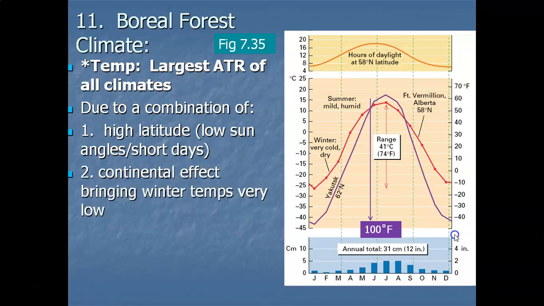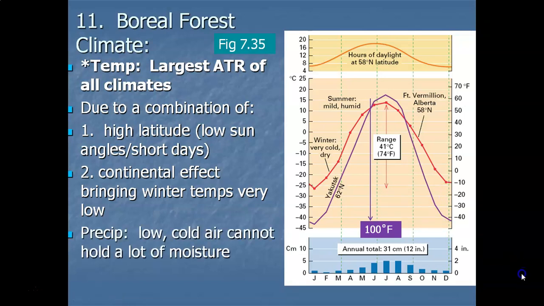Then on top of the high latitude location, we are where the continental effect is going to be at its largest. The continents are at their widest at this high latitude location. So now add the continental effect in wintertime on top of the large annual temperature range, and the continents are frigid, again pulling on down that annual temperature range.